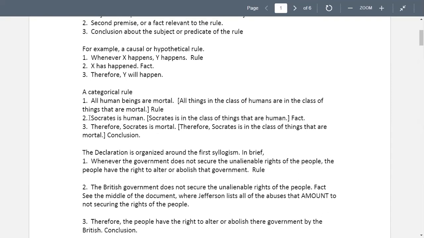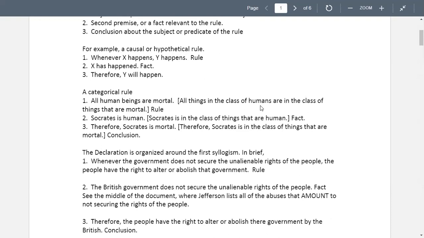And then you state some element, number two here, that's a more specific thing related to the first thing, and they're calling it a fact here. So you identify a fact: Socrates is human. And then we make a conclusion, same language that I use: Socrates is mortal, going back to the first part of the equation.